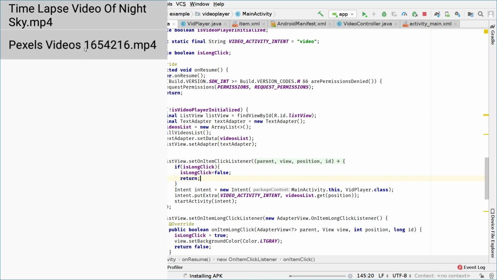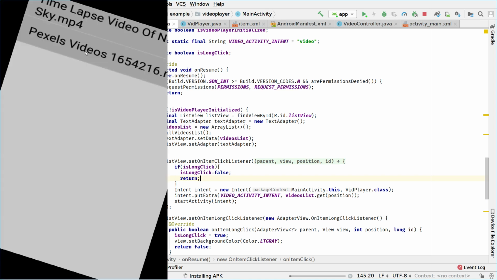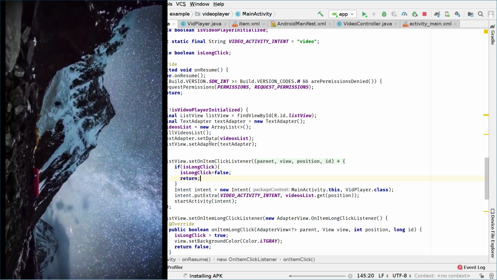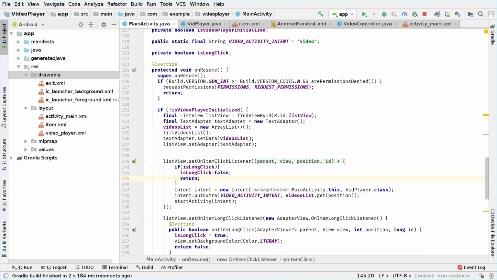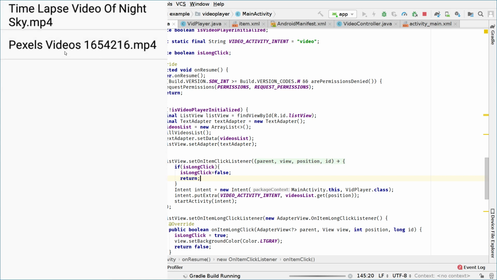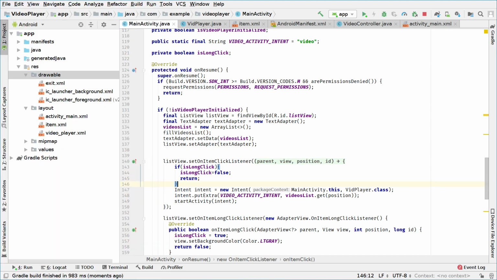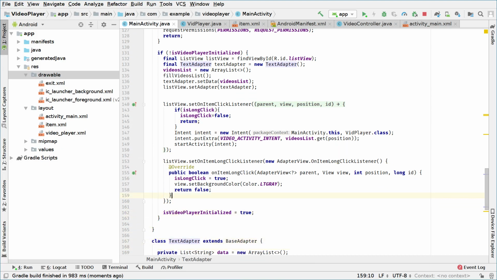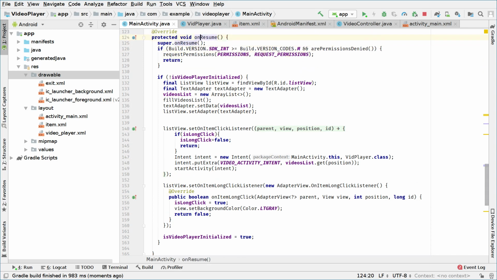And now we have fixed the problem, which is great. Now the problem, as you can see, is that I can select two videos at the same time, which won't be very useful for us. We want to select only one at a time. So we're going to do something here. We're going to introduce another flag,